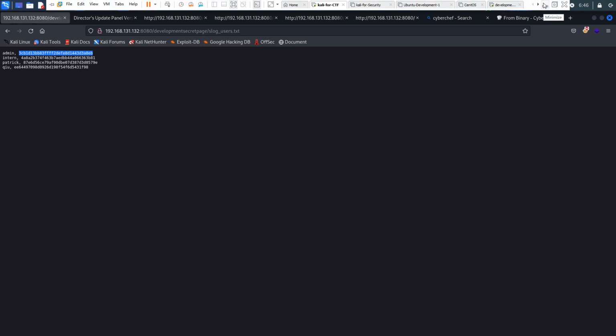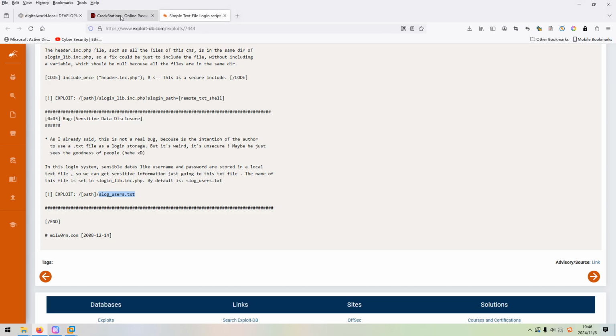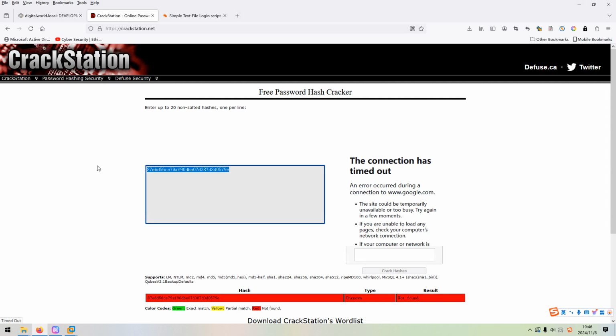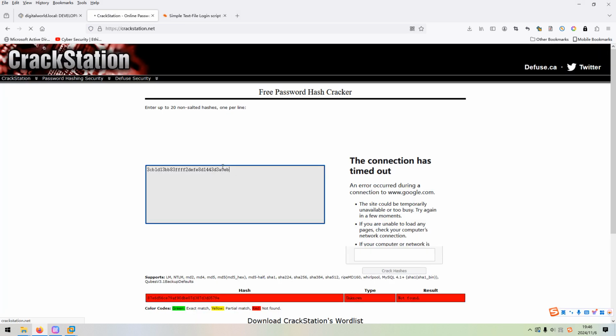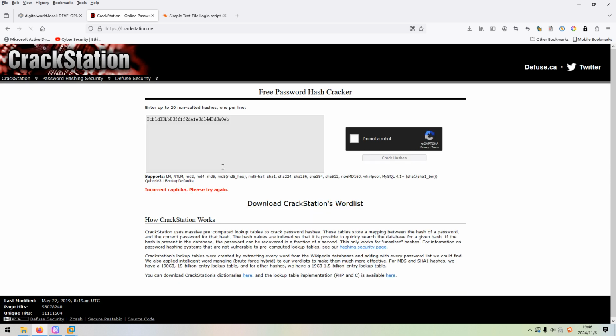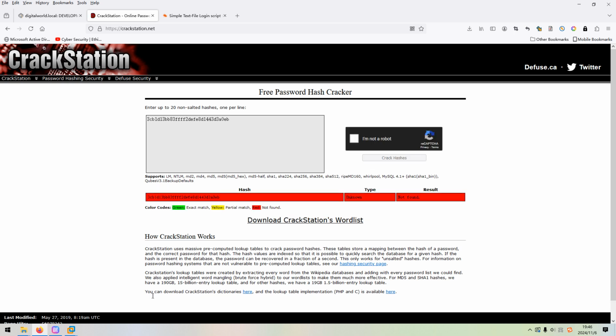So next, I think we can crack such hashes. It looks like this is an MD5 hash. And we can go to CrackStation, copy. Crack. But not found. Let's go ahead.